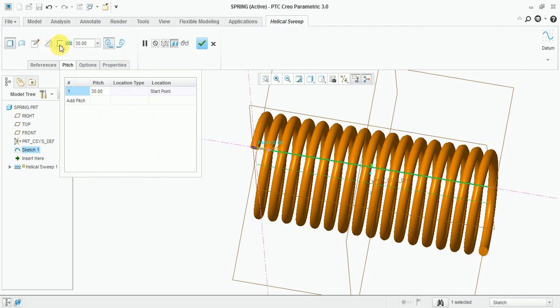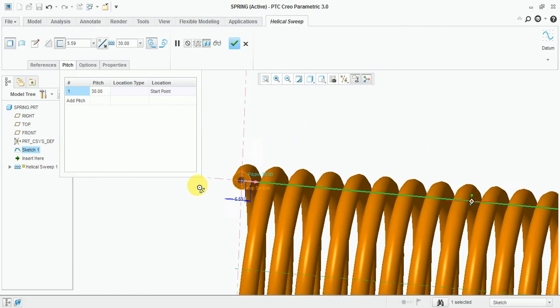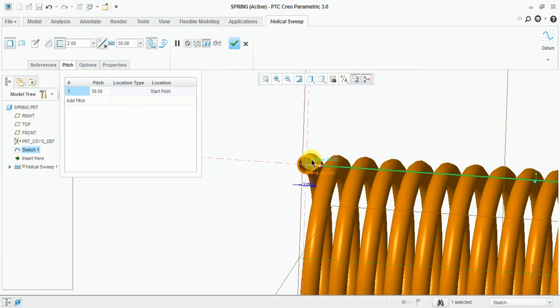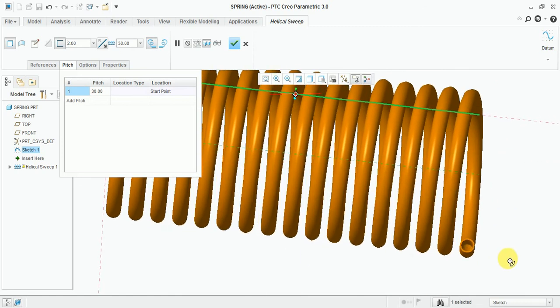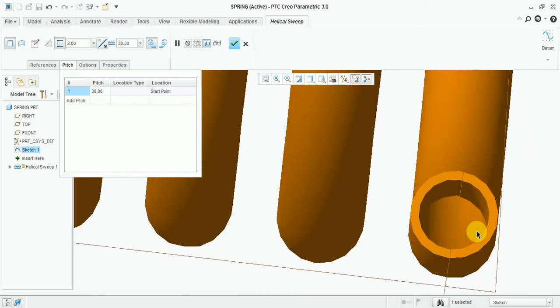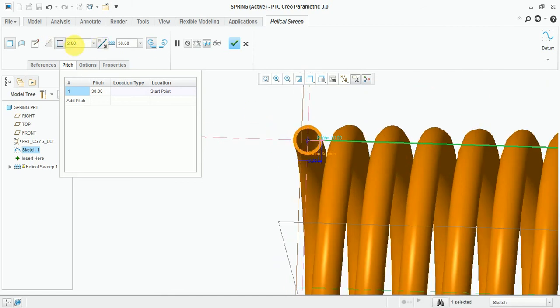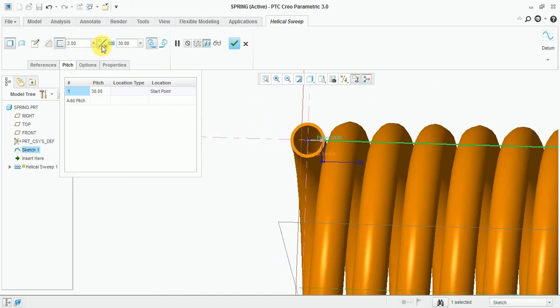Now this one is the thickness option. See now, thickness apply. Hollow part will be generated. Flip the direction, outside, inside.